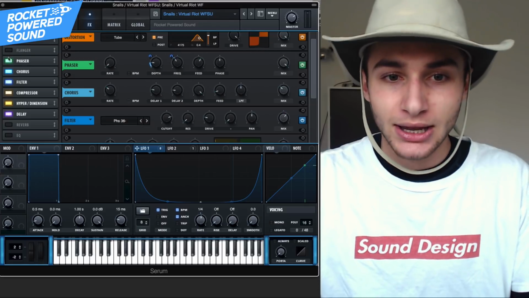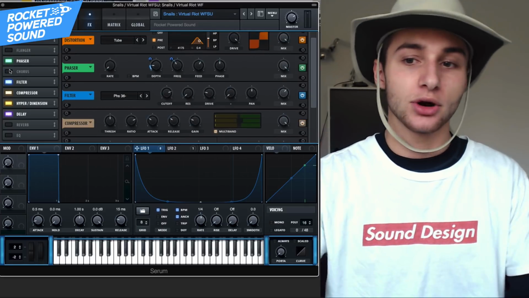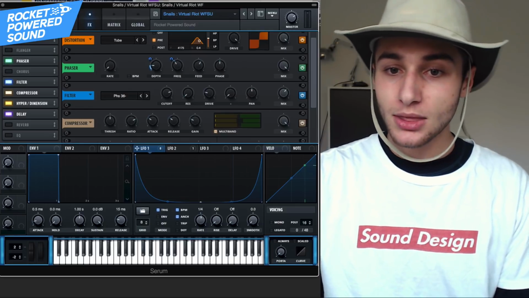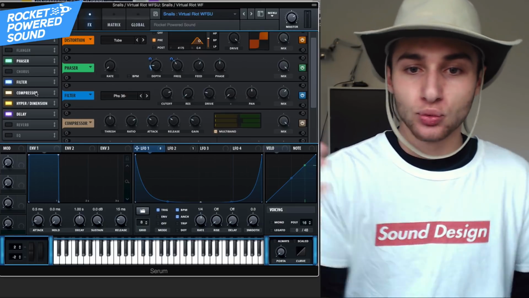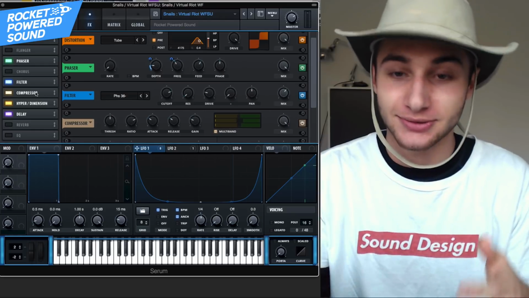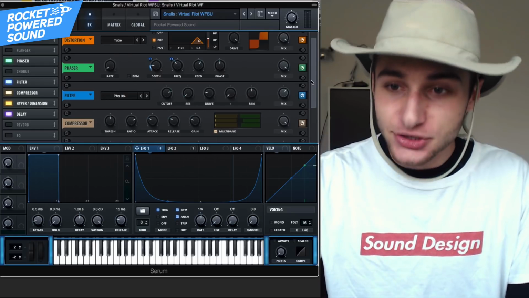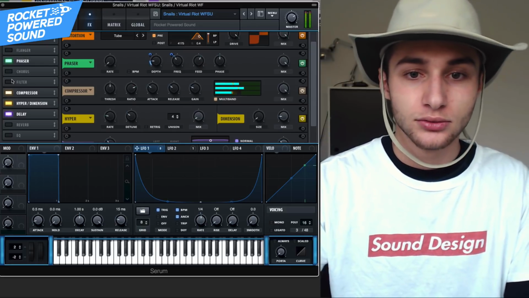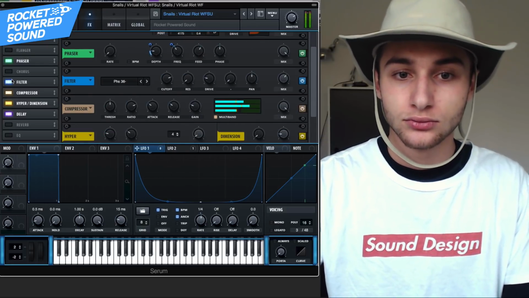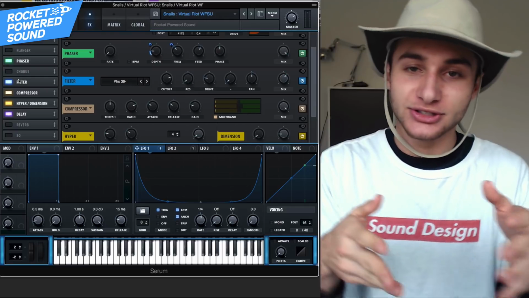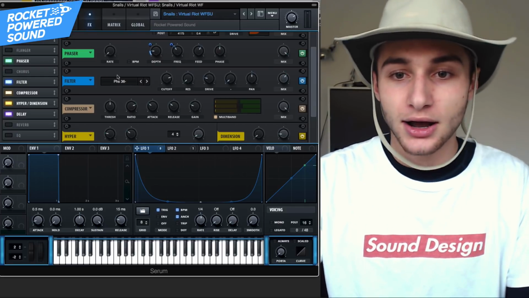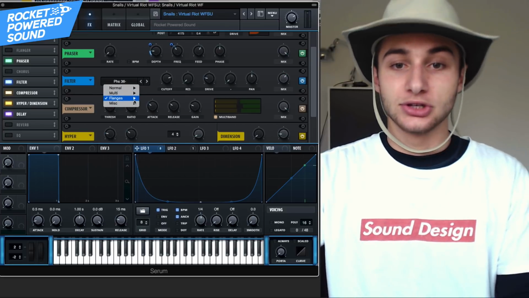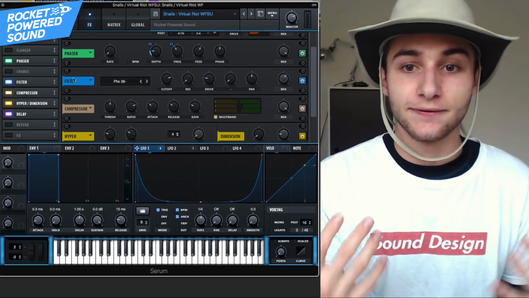stick with that. And now the chorus, don't even worry about that. That's just there to add a little bit of thickness in the background. And then the phaser, like I said, guys, we're really just trying to focus on this vocal aspect of the sound. And the phaser is a fantastic way of doing this without the filter. When we turn it on, it just focuses the sound a little bit more. Nothing too crazy there. The phaser filters are all just built off of what frequencies the phasers are actually cutting